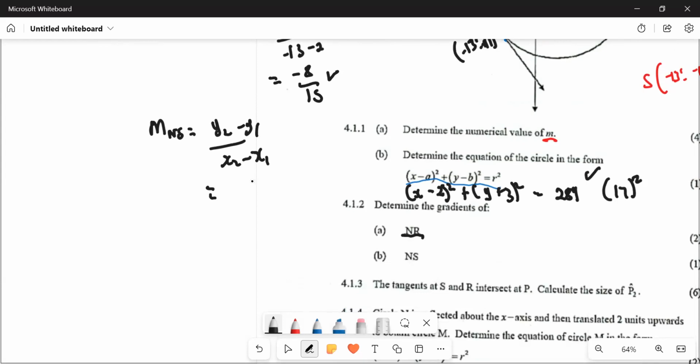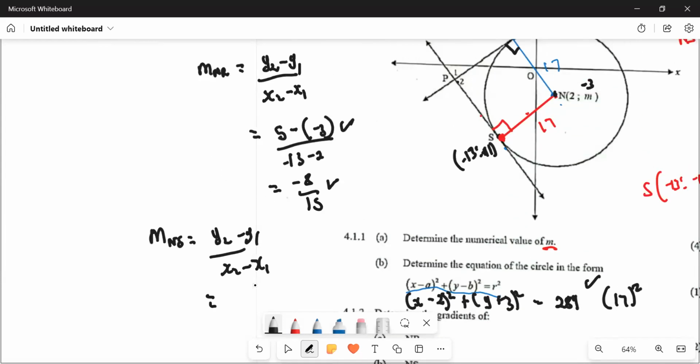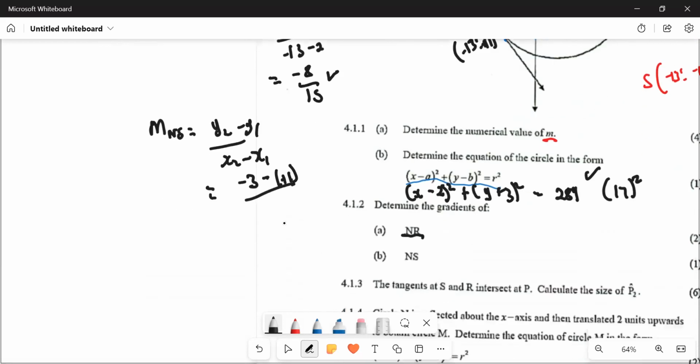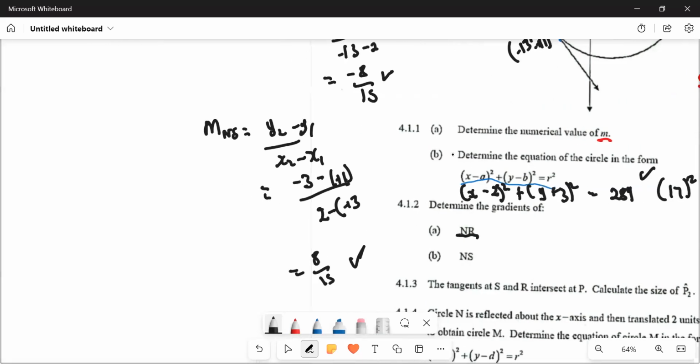And then from there onwards, what do we get? We get minus 3 again, minus 11 again, all over 2 minus open bracket minus 13 again. And what you get? You get 8 all over 15. And then we get 1 mark for this one. Okay, sharp. Let's go to the